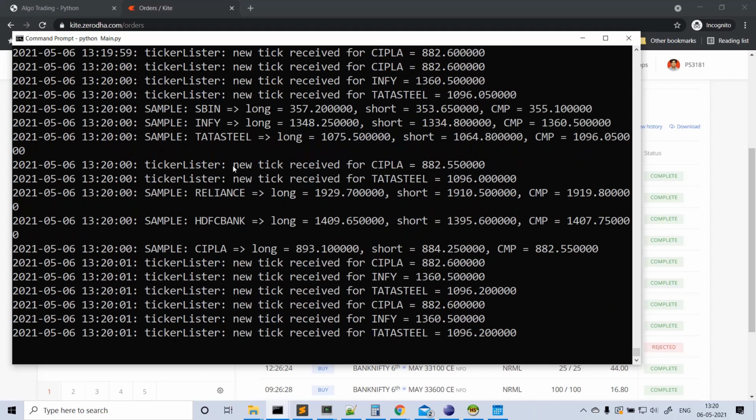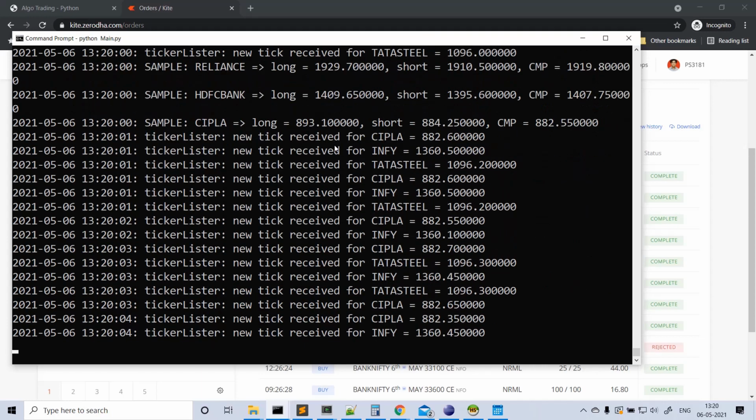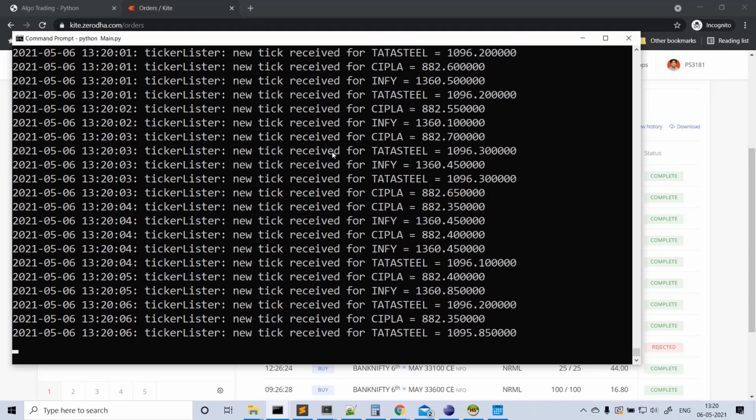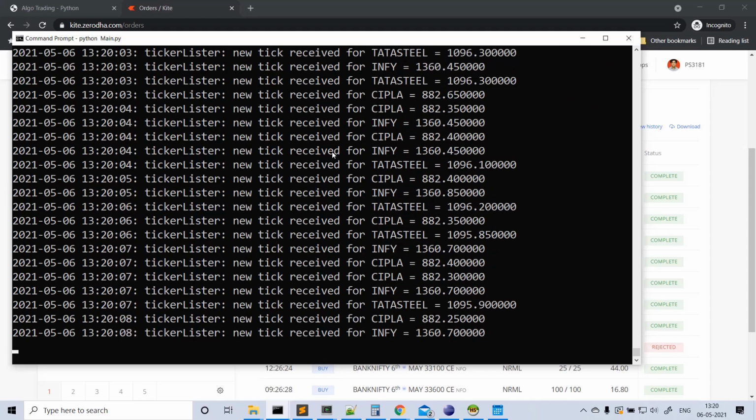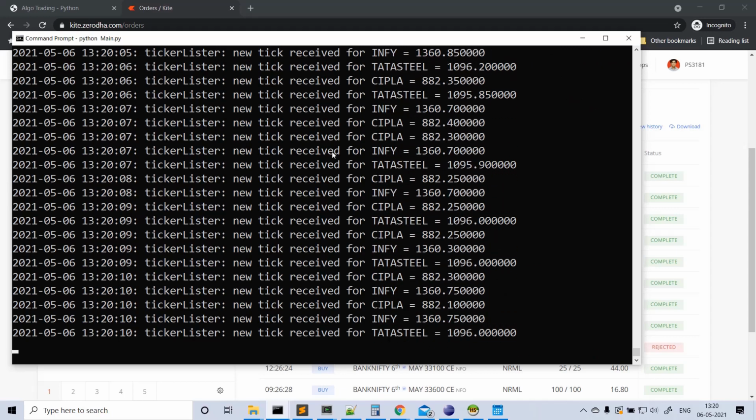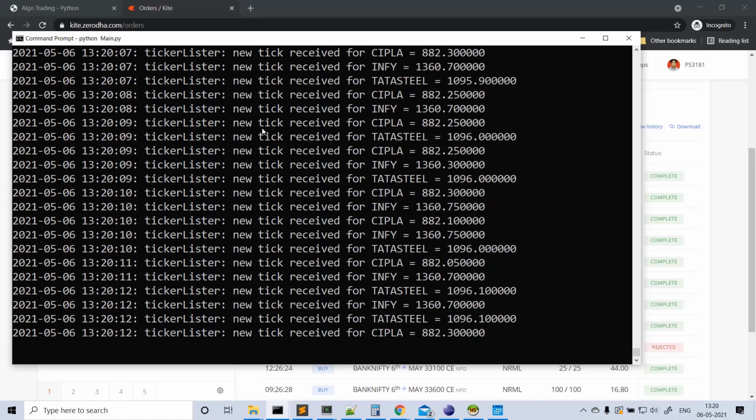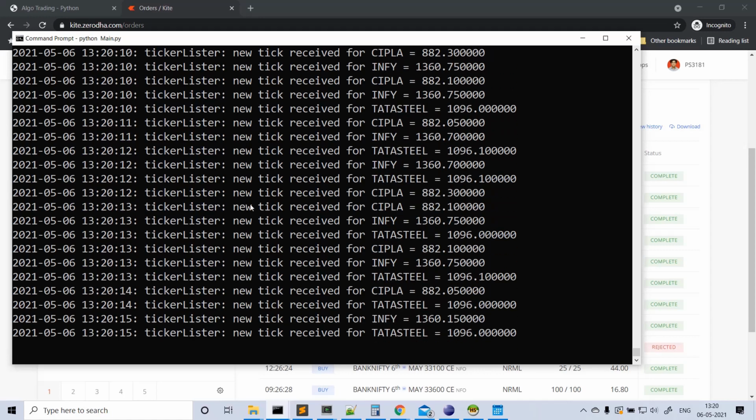See the other prints, these are from the sample strategy. The logic I wrote inside the code is that if the trade is already placed for that symbol, it's not going to process that symbol again. That's why there is no other trade. So that's how it works.